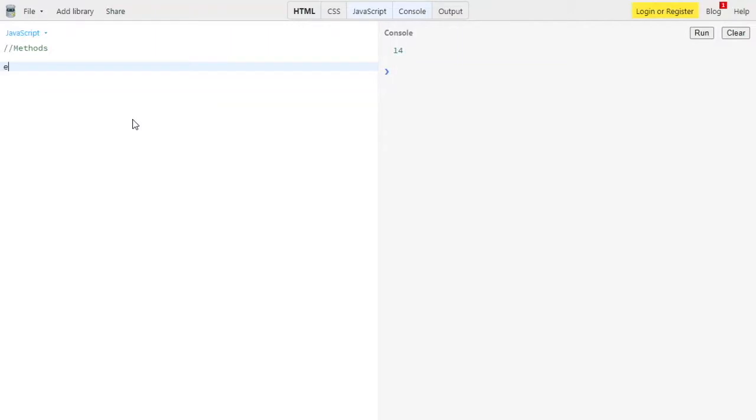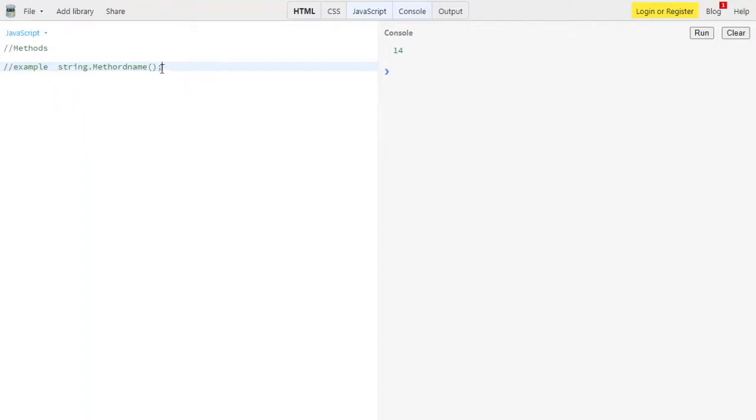For example, how can we invoke a predefined method? We have a very good example over here. We have a string, and then we have the dot operator, and then I'm using the method name over here, and then these braces.